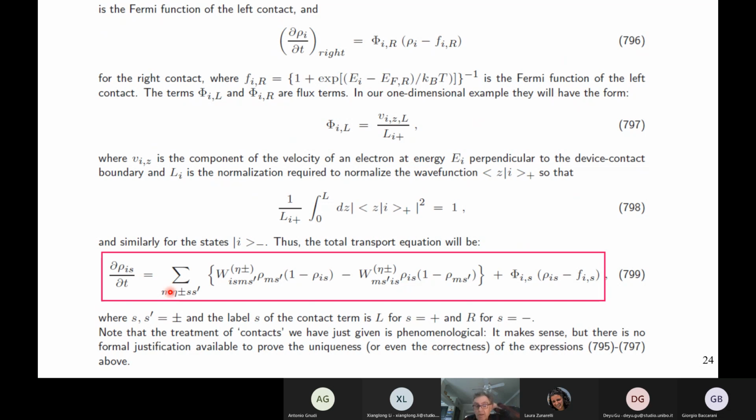Now I put a lot of indices. There is an extra index S that labels the contact, left and right. So we have a master equation. I apologize, at 10 o'clock over here. So it's the same form of the master operator, collisional operator that we saw before. I've added the little index S expressing the left and the right contact, or more contacts if you consider a more general geometry, like